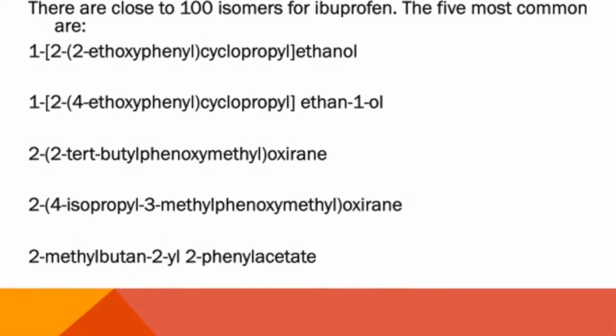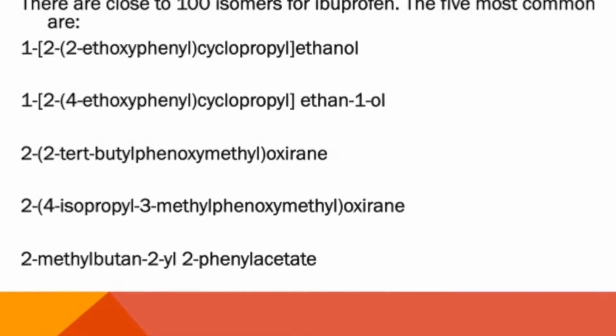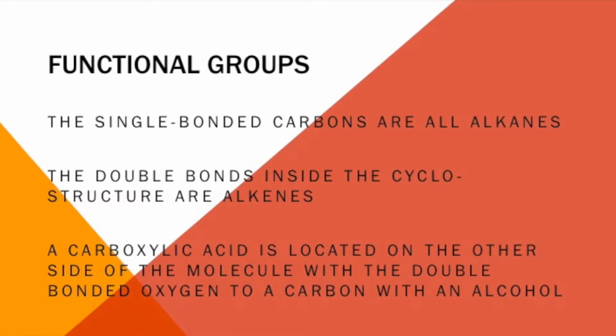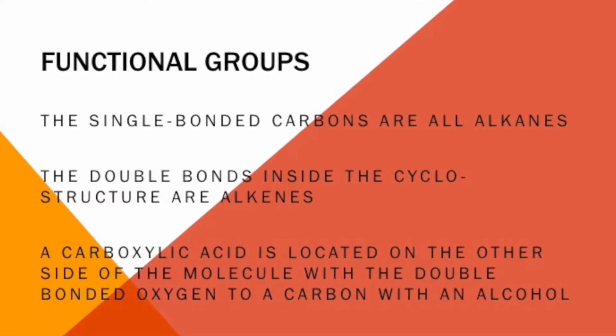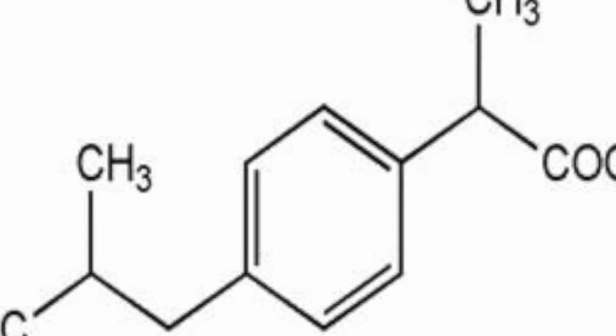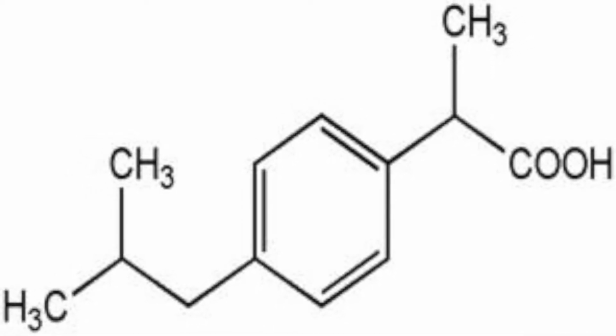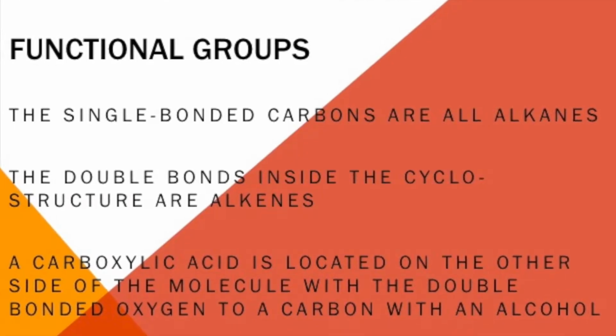There are close to 100 isomers for ibuprofen. The 5 most common are listed here. In this molecule, the single bonded carbons are all alkanes. The double bonds inside the cyclostructure are alkenes. A carboxylic acid is located on the other side of the molecule with a double bonded oxygen to a carbon